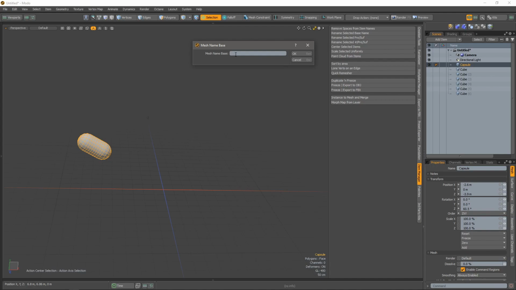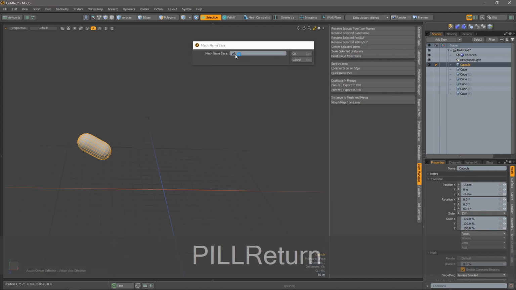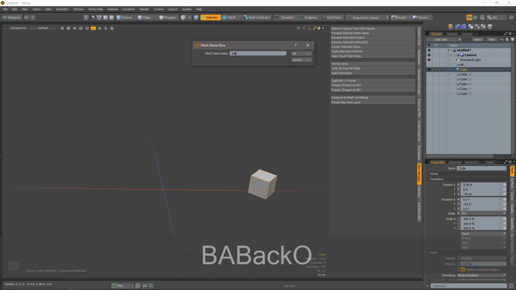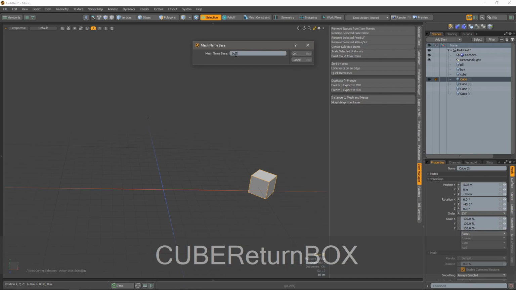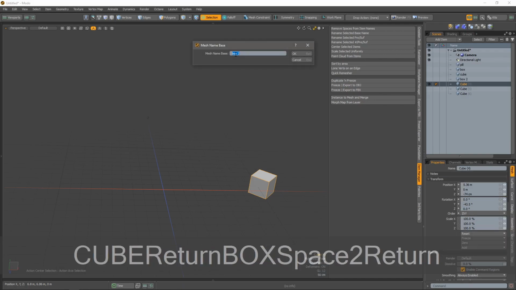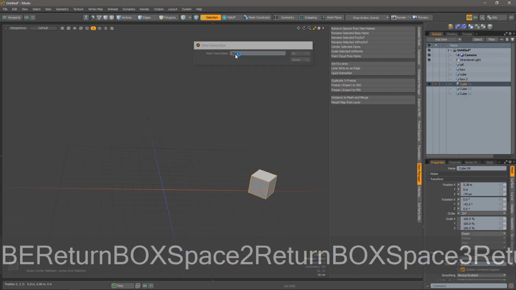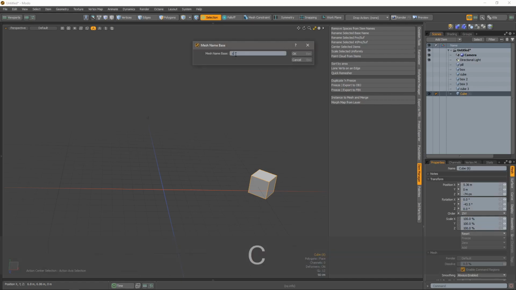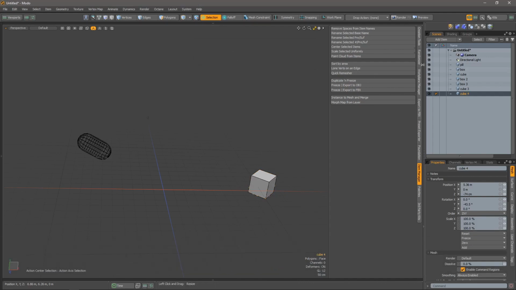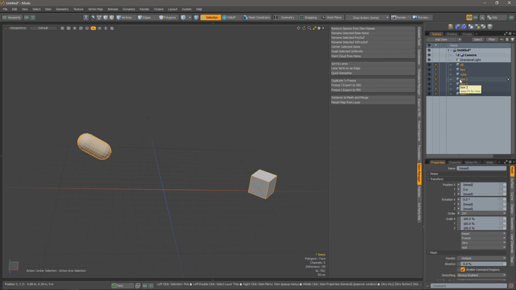So now I can see, oh, that's a pill. I've got a box. They're all the boxes at this point, but cube, box 2. I got some spaces in there. Box 3, cube 3, and cube 4. So now I have some spaces in there and whatnot. I don't really like that. So now I can go in and do